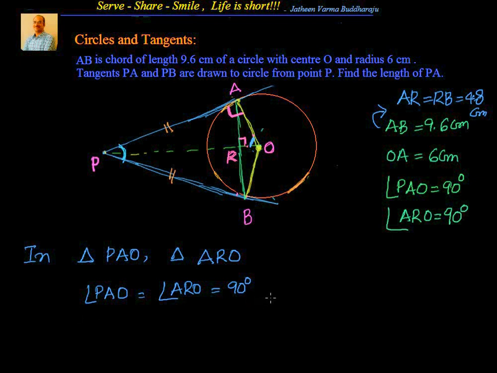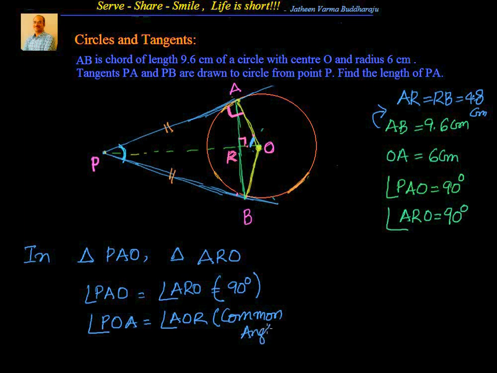So we have angle PAO equal to angle ARO equal to 90 degrees. Not only that, we have angle POA equal to angle AOR. This is 90 degrees and this is the common angle, common to both of them. So by AA similarity, therefore these two triangles, triangle PAO is similar to triangle ARO by AA similarity. Now,